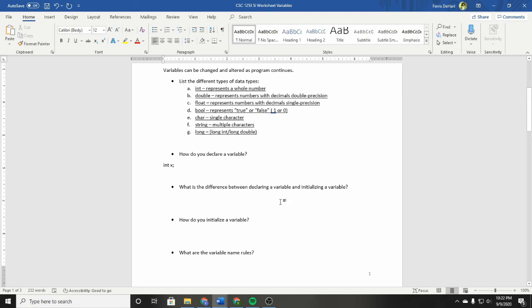Okay, and so as you can see in the question above, we just declared a variable. And so if you're wondering, well, what's x equal to? Well, that's what we're going to be doing right now. So declaring a variable just creates the variable. So it's kind of like saying,